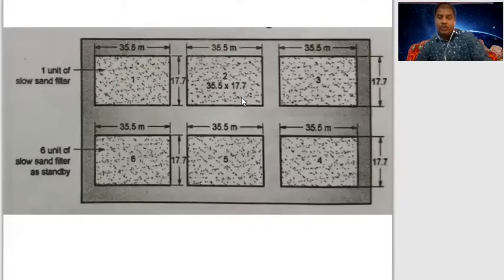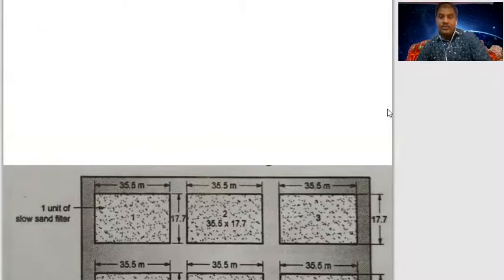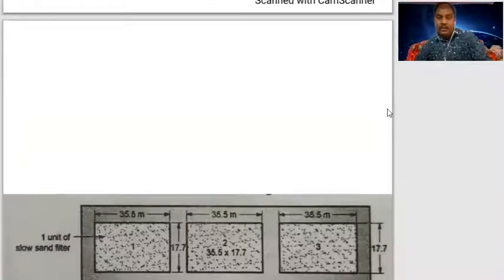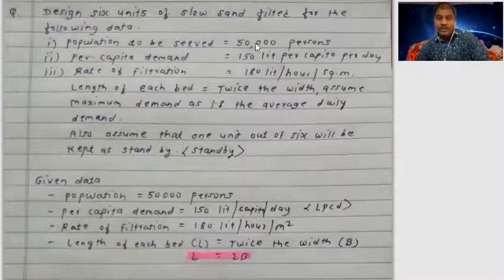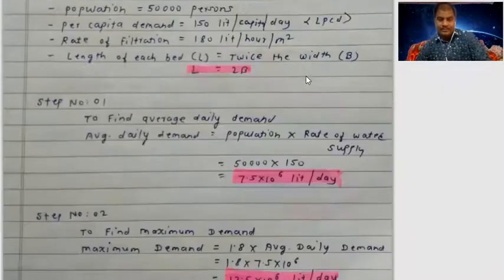This problem is for 8 to 10 marks, and the diagram carries 1 mark. Okay, we are requesting that while solving the problem, you have to check the units properly. Some students have wrong units. You have to make all units in the same form in the equation, so your answer may be correct.